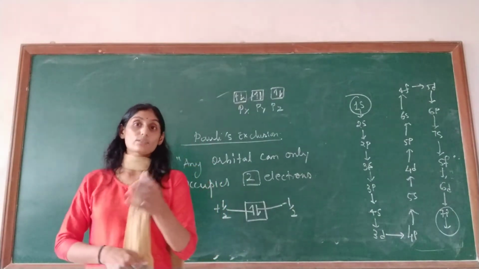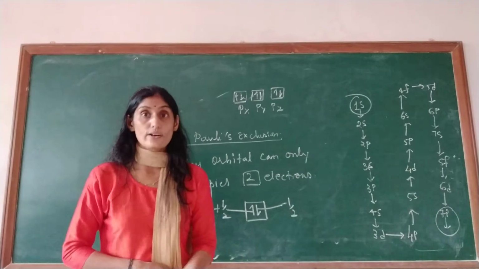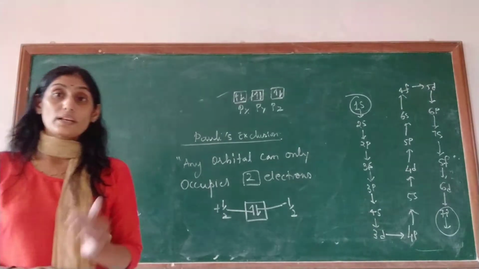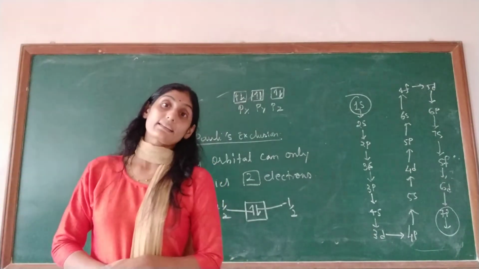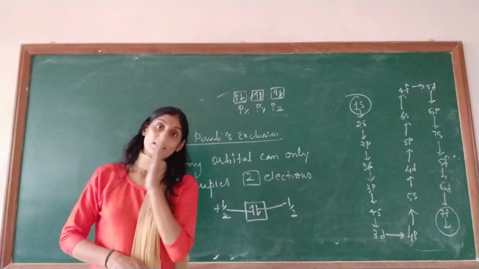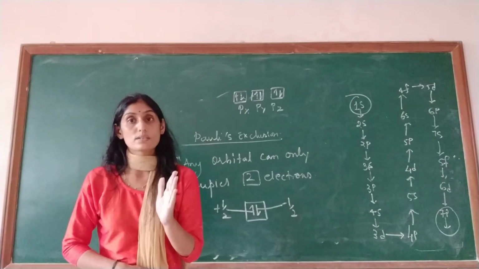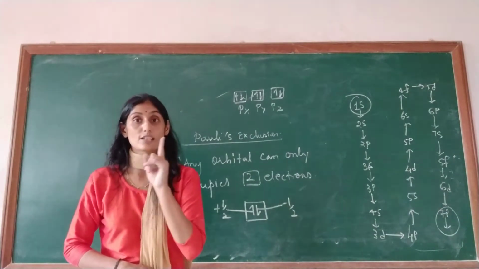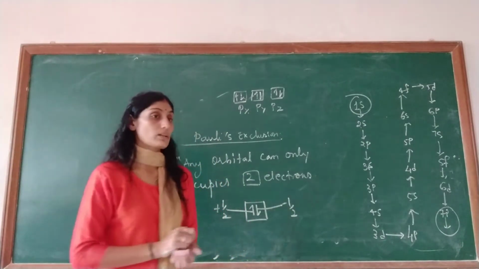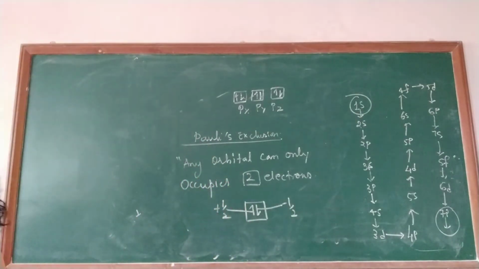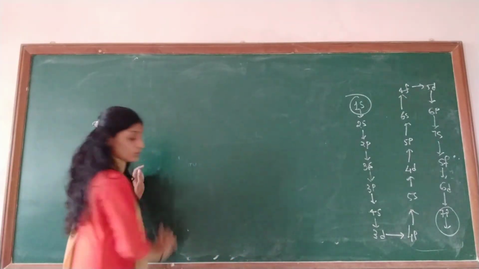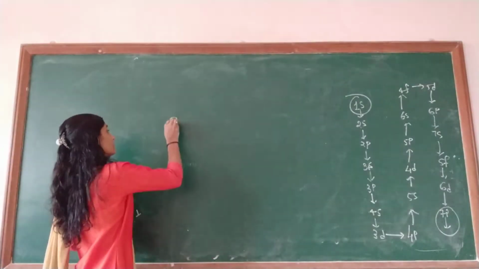But if the number of electrons is 5, then what to do? That was given by Hund. Hund has said that the very first electrons occupy the subshells in the up-spin manner, that is, in the same direction. That means all the orbitals are first occupied with one electron of the same spin, and then the remaining electrons occupy the respective orbitals. That means, when we talk about the px orbital, अगर इलेक्ट्रॉन की बात करते हैं तो p orbital contains a maximum of 6 electrons.